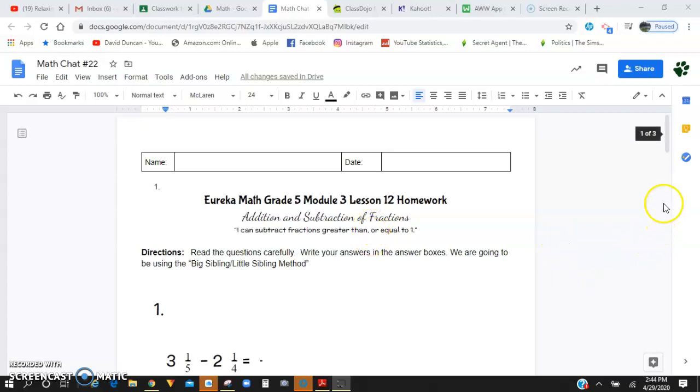We're going to be focusing on subtracting mixed numbers today, and our I can statement is I can subtract fractions greater than or equal to 1. I'm not going to lie, I think this is probably one of the hardest concepts out of Module 3 from our math curriculum. I think subtracting mixed numbers is kind of intimidating, and there's a lot of steps to it,